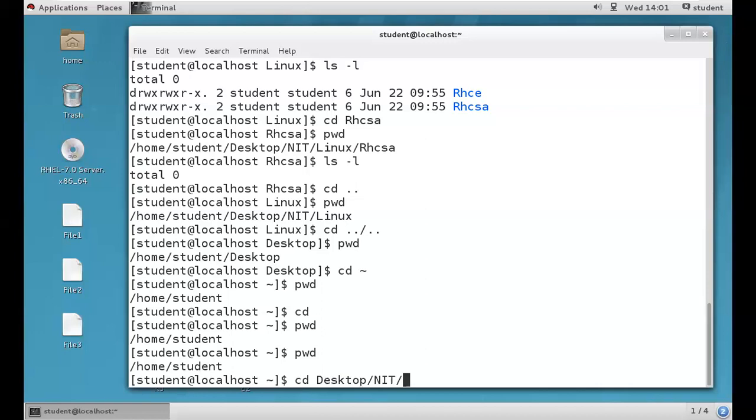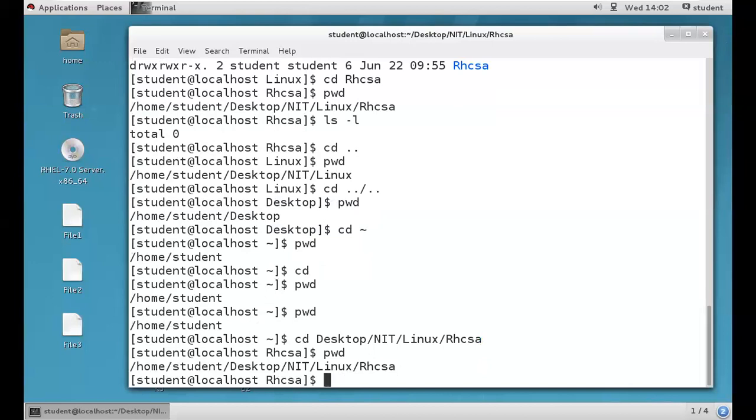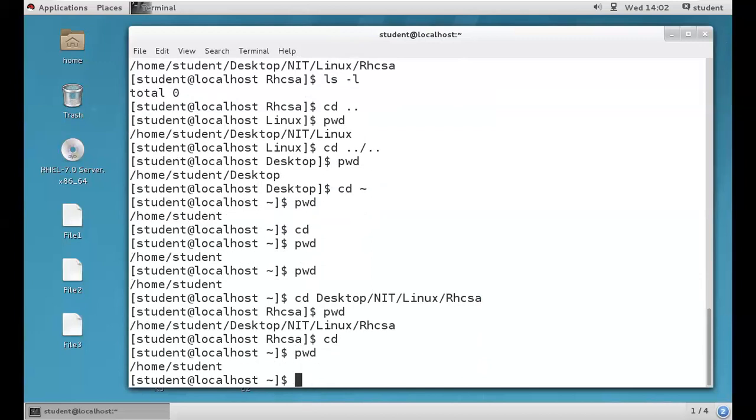On top of the Desktop, we'll have NIT. Inside the NIT, we'll have Linux. Inside the Linux, we'll have RHCSA. Then hit enter. Got it, guys? You can switch from any directory to any directory. Then if you want, you can directly go to the home directory of the current user. Got it, guys? Clear? Yes, no? Right. So I hope you're clear about the cd command. You can switch in the forward direction as well as in the backward direction. cd is the change directory command. Right, guys? Next,